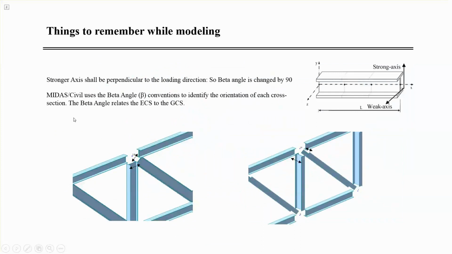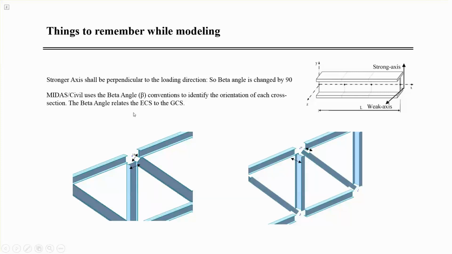Yeah, so now here we always have to make sure that the stronger axis shall be perpendicular to the loading direction. So I will change the orientation of this I section, that is, the stronger axis shall be perpendicular to the load direction for this section, that means for the diagonals as well as for the vertical section.